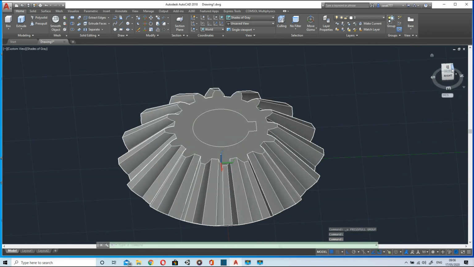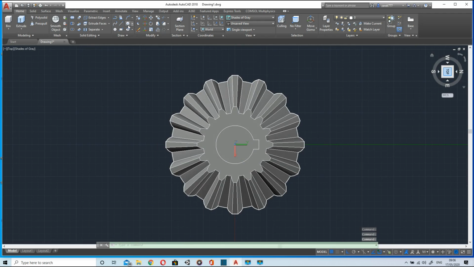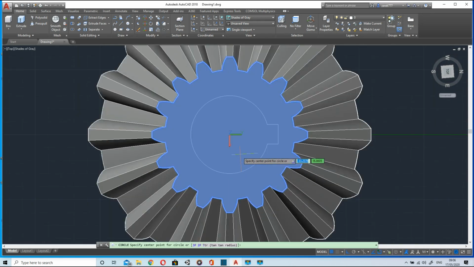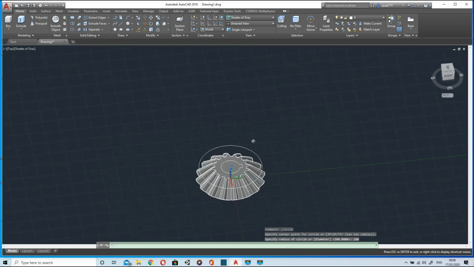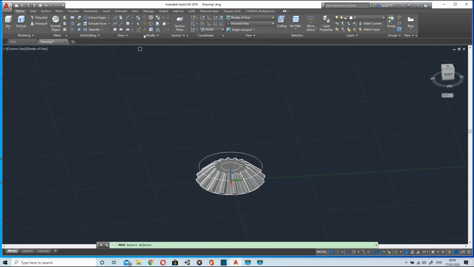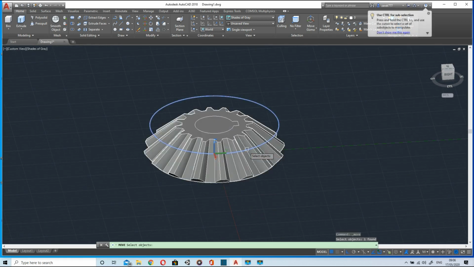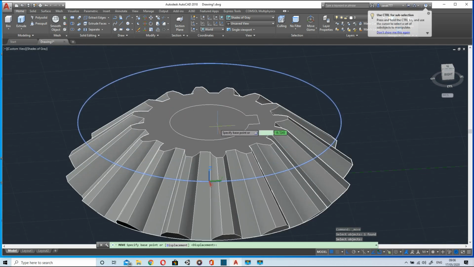We have to remove the central part. I will draw another circle for the base, that is 100. Now move it down in negative Z direction.